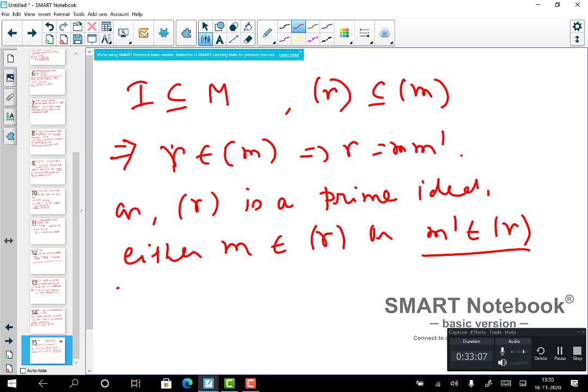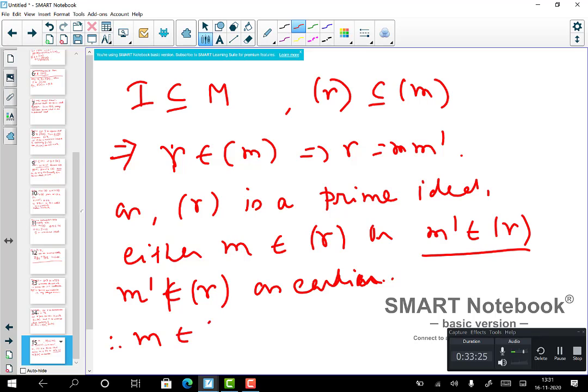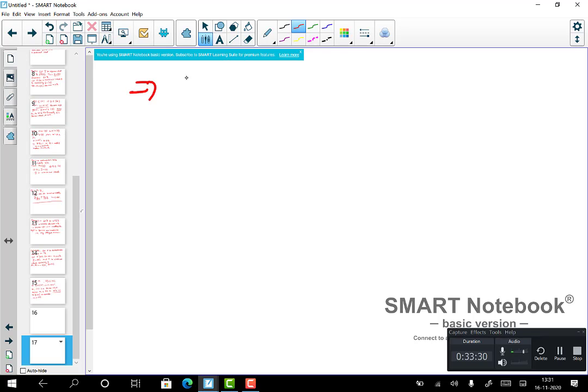So M dash cannot belong to the ideal generated by R, as earlier. We already showed that this is not possible. So M belongs to R, and M belongs to R implies that capital M is inside this ideal. Which is I, so that means they are equal, right? So if they are equal, that means